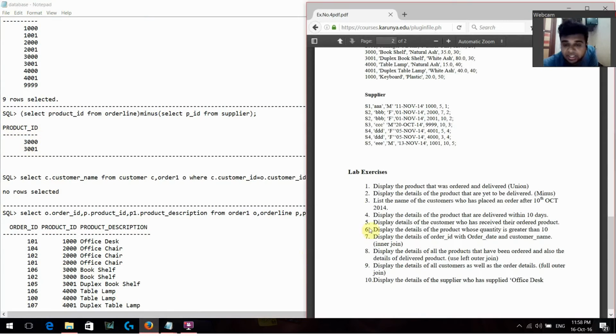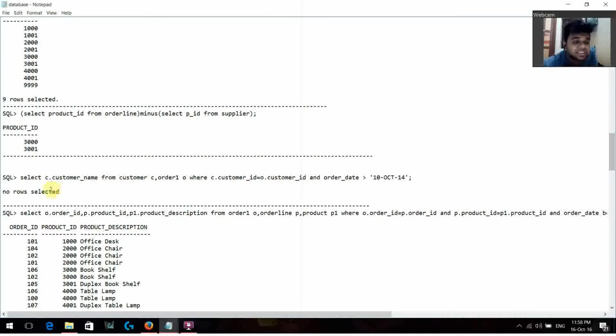The next question is select the name of the customer who has placed an order after 10th October 2014. So the query is select C.customer name from customer C, order 1 O, where C.customer ID is equal to O.customer ID, where order date is greater than 10th October 14.